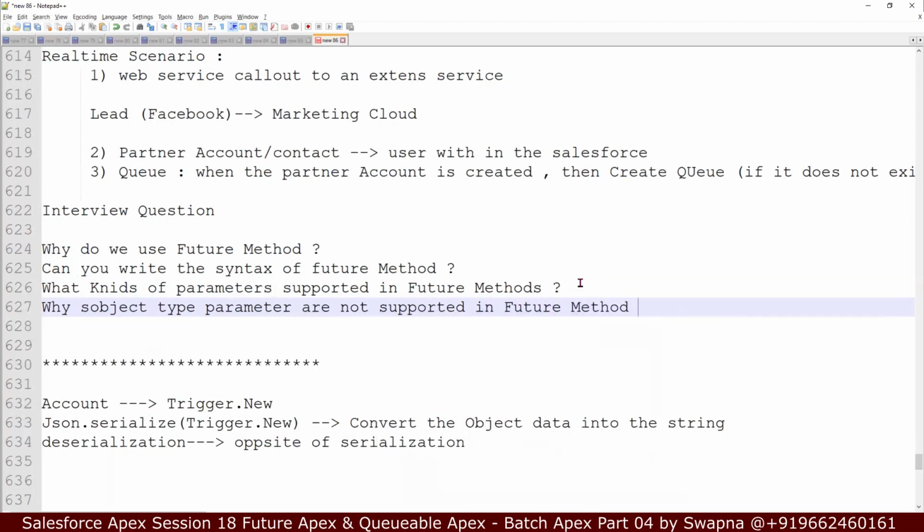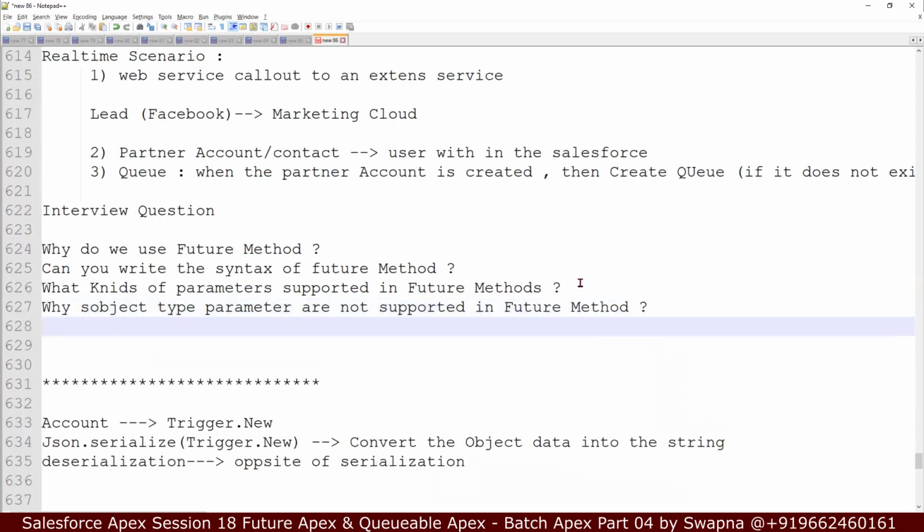So they are happy with the previous one. Now they will ask you the counter question saying that why it is not accepted. What is the reason behind it? The reason behind this is